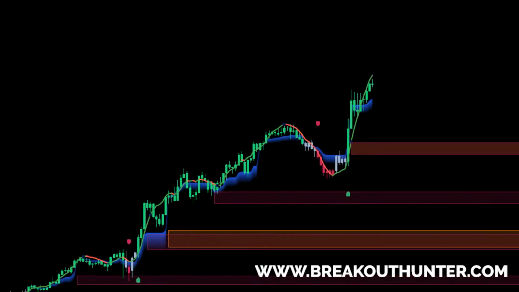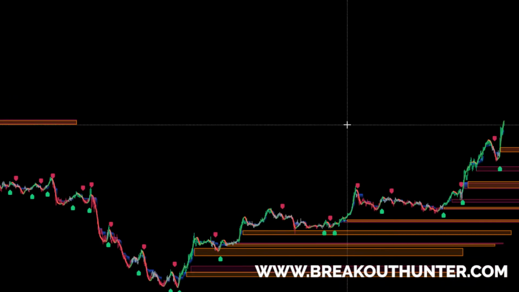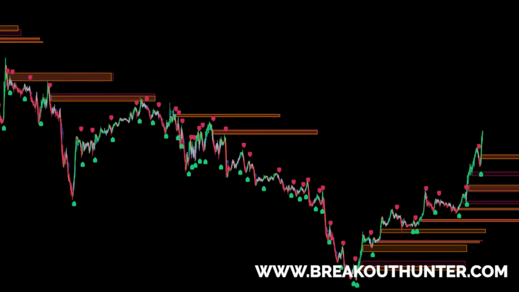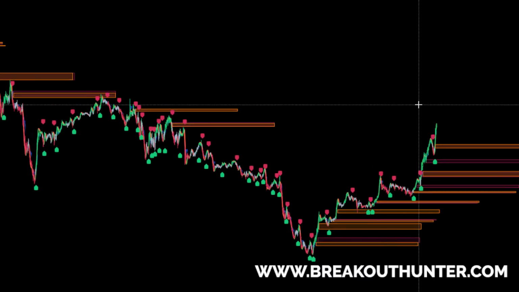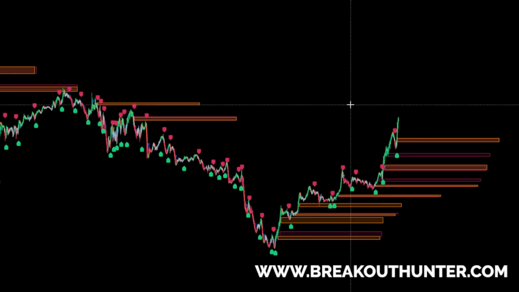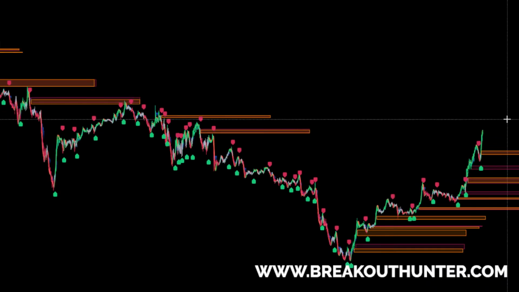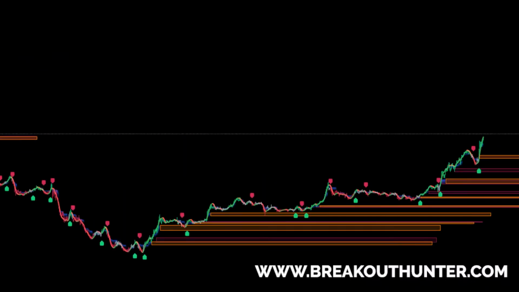This indicator right here is not an indicator. It's an entire trading system. It's an algo that ChatGPT and Grok both say rivals institutional desk tools. Because they've seen the code. I showed it to them. There's a video on our website with me actually asking ChatGPT about this indicator, and you can watch that conversation on our website, breakouthunter.com. And listening to ChatGPT tell people that basically you're a dumbass if you don't use this thing. Because this actually is the only algo that does